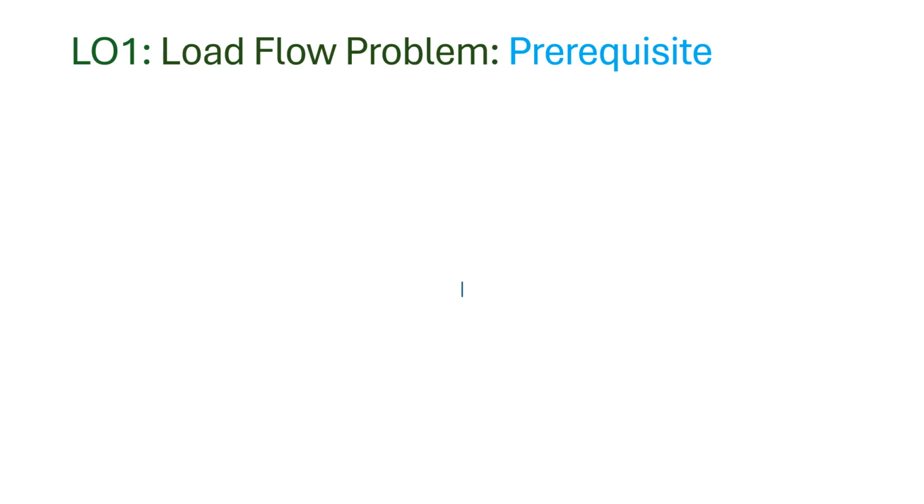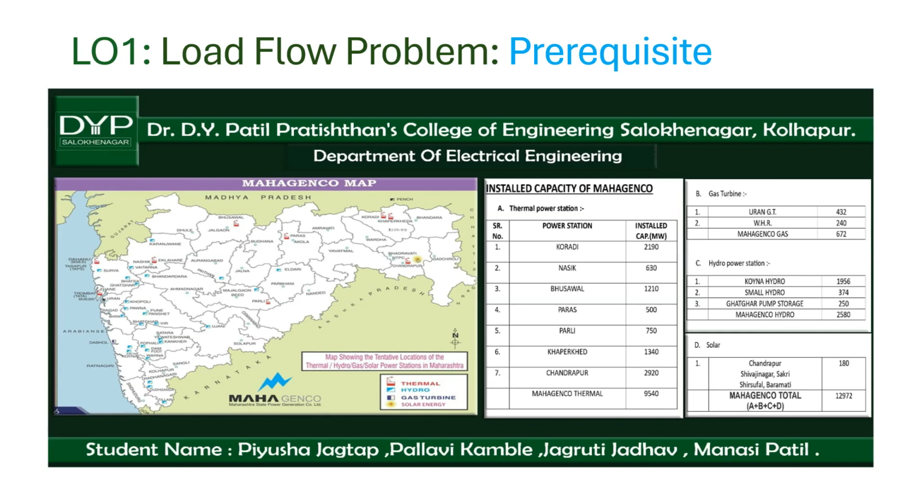Now let us start with the first learning outcome, that is the load flow problem. But before going to this problem directly, let us have some prerequisite. I am showing you the map of Maharashtra state. What is the generation capacity of Maharashtra state? Here we have four types of generation: thermal, hydro, gas turbine, and solar energy. Total thermal power generation in Maharashtra state is 9,540 megawatt, and the major generation is from Chandrapur, which is